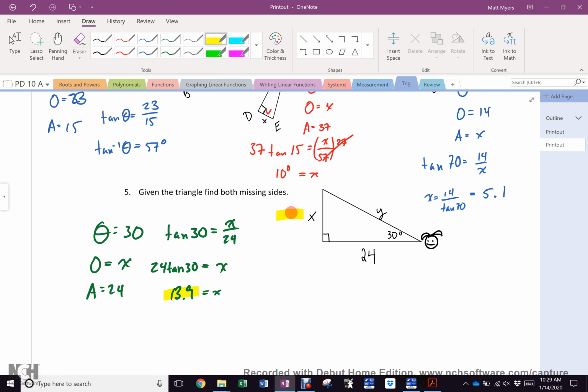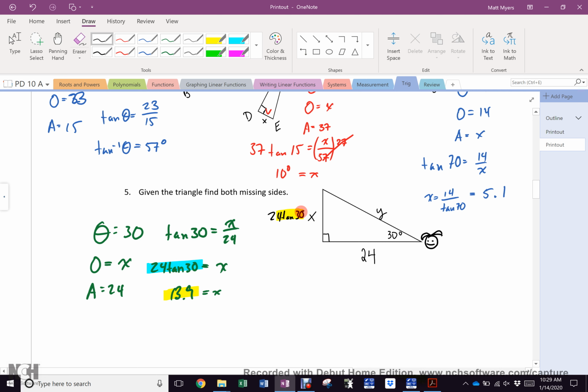So here is what you need to do if you are planning on going forward in math. You don't round in the middle of a question. This value is actually 24 tan 30, isn't it? So here, now I told you I wanted a value for X, so you gave it to me. But if you didn't need that value, the best way to do this is to put 24 tan 30